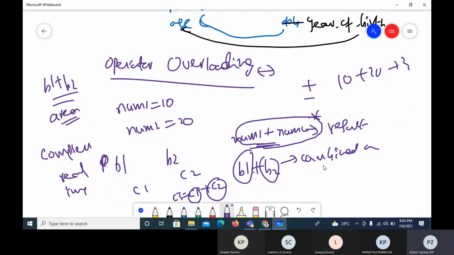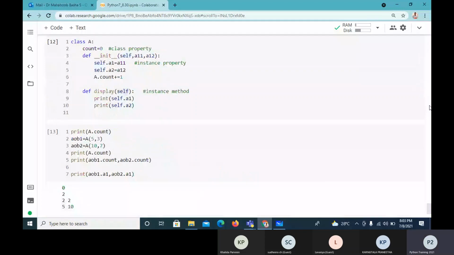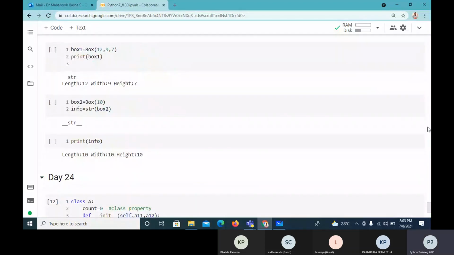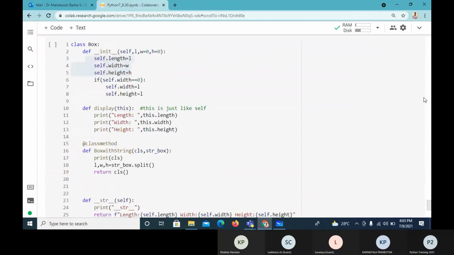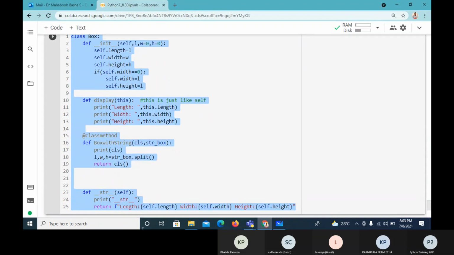So if you take this class, I'll take the box class, whatever I have written. I think area is missed. I think it is not saved. Okay, we'll add it. So this is the one I have.